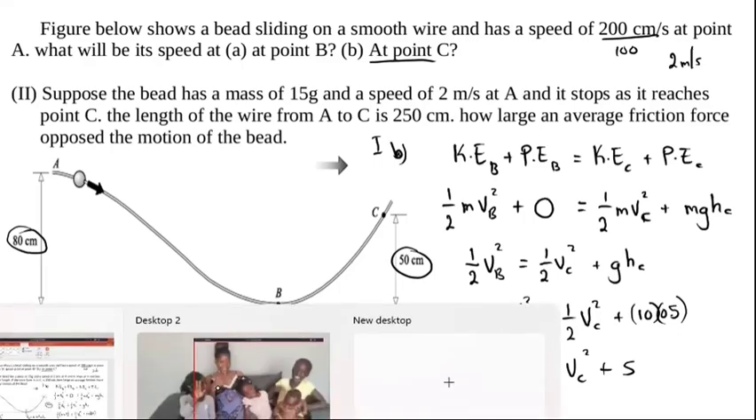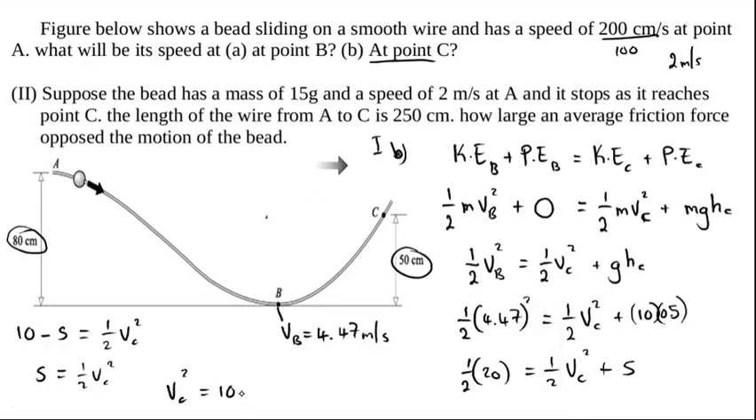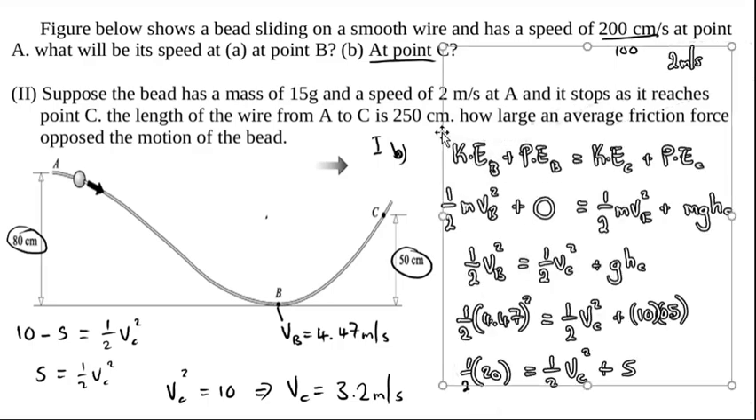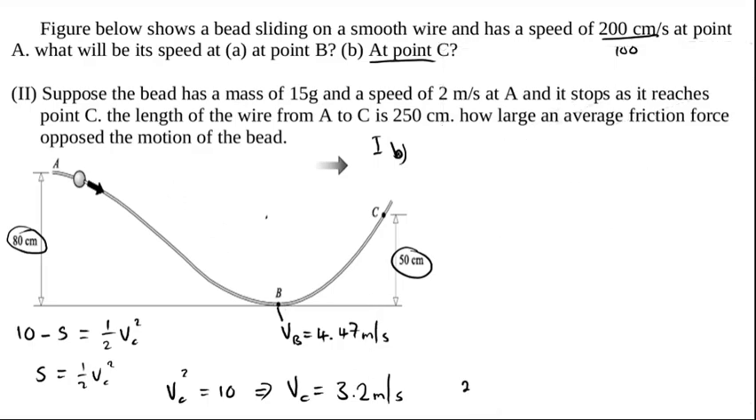Now we need to find the square root of 10. So this implies that the velocity at C is 2.2 meters per second. Right, so there we have it. So now we have the velocity at C. Velocity at C is 2.2 meters per second. Then let's just